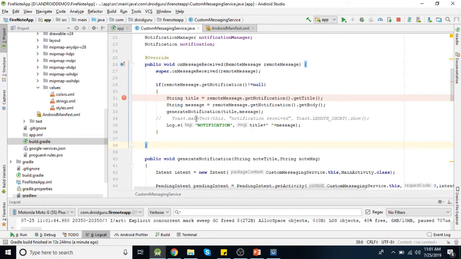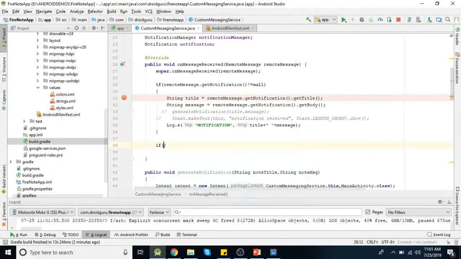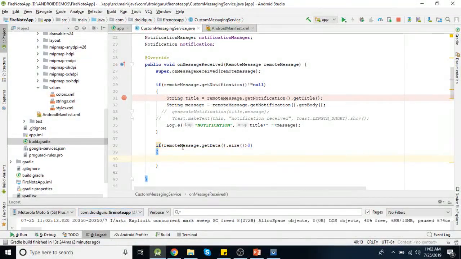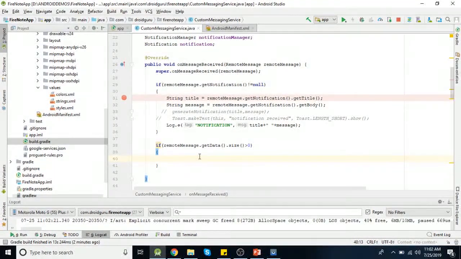So how you retrieve that data here is, what you need to do here, just comment this method for now. For getting that title and message, we are checking if notification is not equal to null. If you want to retrieve that key value pair, you need to check here remote message dot get data dot size should be greater than 0, because this remote message dot get data method will return you a hash map which has those key value pairs, so its size should be greater than 0.